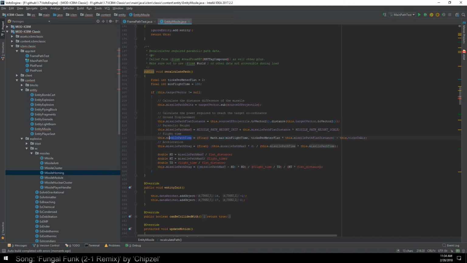And then of course we've got missile path time is now flight time, or flight time is now path time. And then flat distance is this one right here. And I don't think we need to be globally storing some of these data points as well. I'm going to leave them in there though, because if we ever want to make a debugger that attaches to